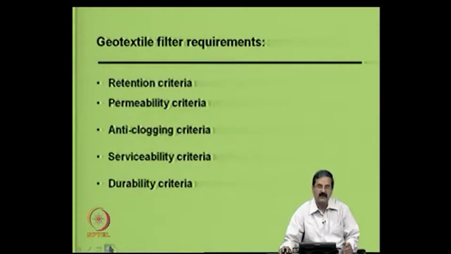In fact, we saw that when you are trying to talk about conventional criteria for soils, you need to consider soil retention criteria as well as permeability criteria, which means that you should not allow the soils to go out of that medium, and also see that permeability is maintained, which is somewhat contradictory. And when you are trying to consider geotextile filters, you need to have anti-clogging criteria also, because clogging does occur even in conventional filters. So, when you are trying to use geosynthetic material, you should look at serviceability criteria